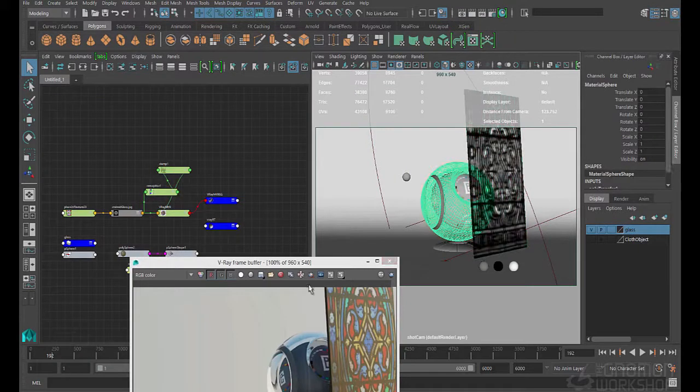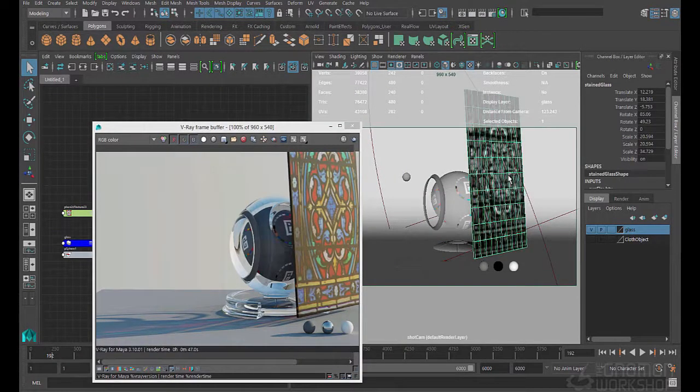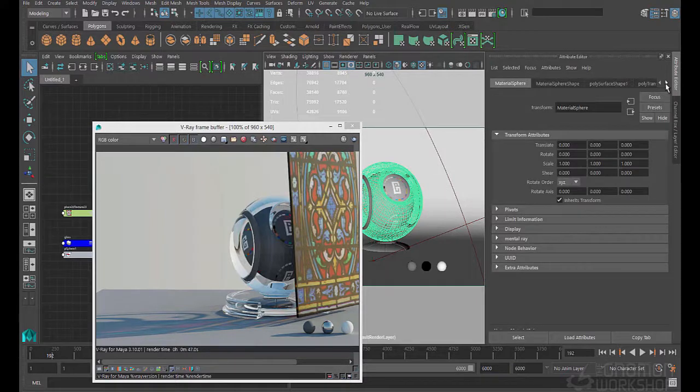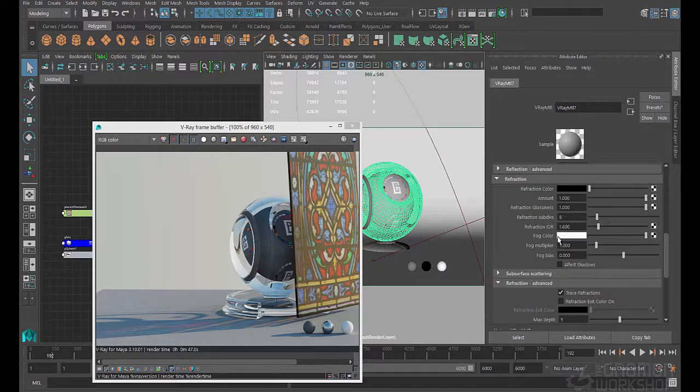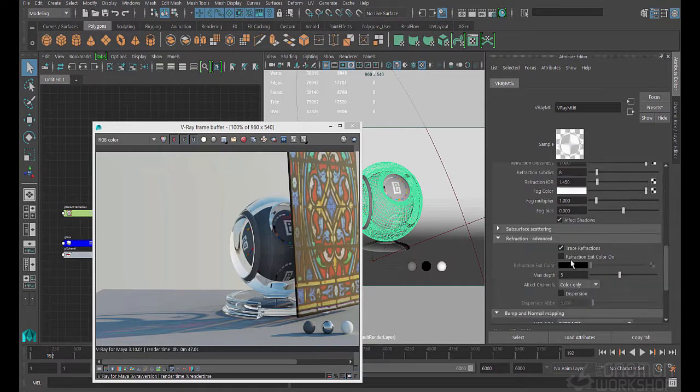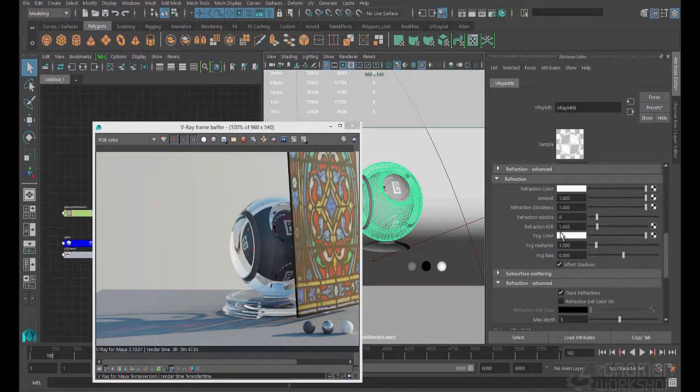The only other thing about the glass that is worth mentioning on the actual regular refraction here, there is this fog color. And I also, sorry, let's do it on the actual glass shader. I do talk about this in the intro DVD a bit, but it's a really beautiful effect, so I'll just show it off. The way this works is you basically have a fog bias, fog multiplier, and fog color. And this will multiply color through the depth of the refraction, so thicker areas will get more color and thinner